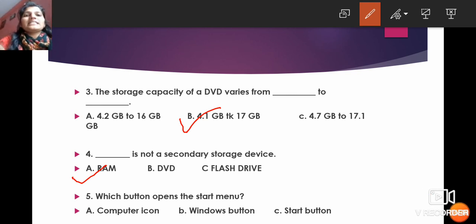As here we can see that in the fourth question's options, DVD and flash drive are there. So DVD and flash drive are secondary storage devices, but RAM is a primary storage device. So that's why our answer is RAM. Next, which button opens the start menu? Your options are computer icon, Windows button, start button.